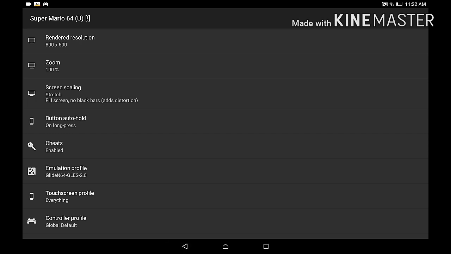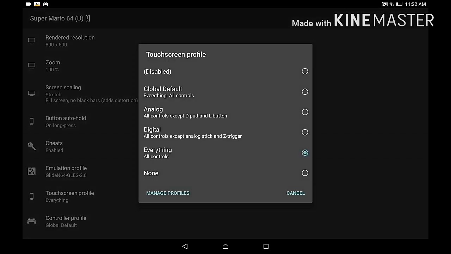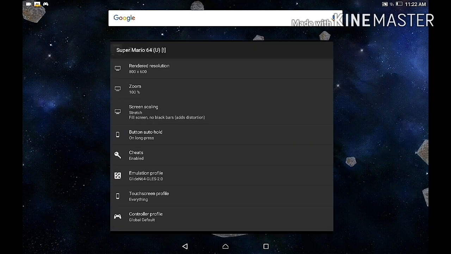And if you want to use Moon's Up, go to touchscreen profile and click everything. So yeah. Now that you have all those set,